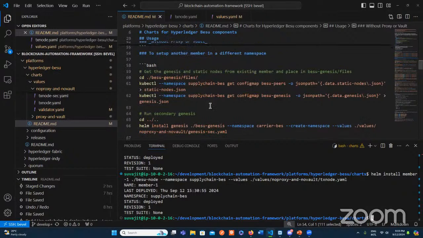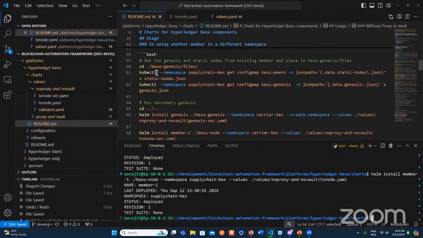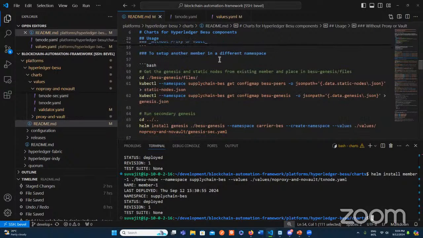Because the Genesis is already created, you don't want to recreate the Genesis, but just use the Genesis that is provided from the actual network, the actual Genesis that was created, and also the static nodes,